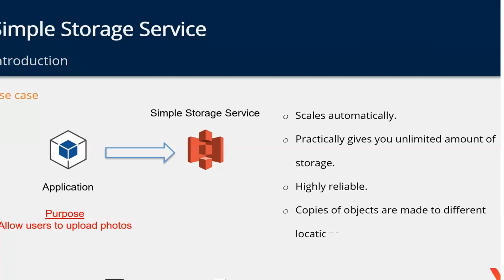The simple storage service S3 bucket is scalable automatically and practically gives you an unlimited amount of storage. I mean, in Amazon, you can keep ordering, you can keep increasing the usage actually, and it's highly reliable. There is a certain availability percentage Amazon AWS guarantees, like 99.9999 something. We will discuss in the next class. There are like 7 nines, or 11 nines, something like that. So 99.9999 percent means pretty much it's 100%. So don't worry that if you keep something on the S3 bucket, you might lose those files.